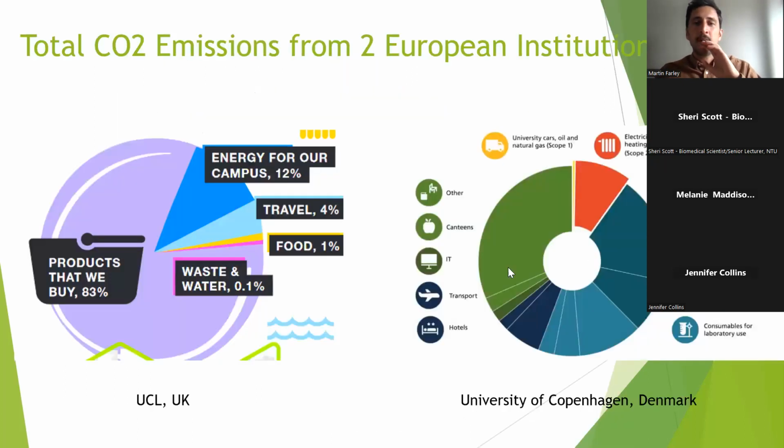Now, these are the emissions of two universities, and I'm going to get to your setting in a second, but what I wanted to show you is that these are research-heavy universities. So there's UCL, and then there's University of Copenhagen. And for both of them, what I found interesting is that you had relatively small energy consumption figures. So really small energy consumption, gas. Look at that, Copenhagen, doing fantastic. Look at how little gas they use.